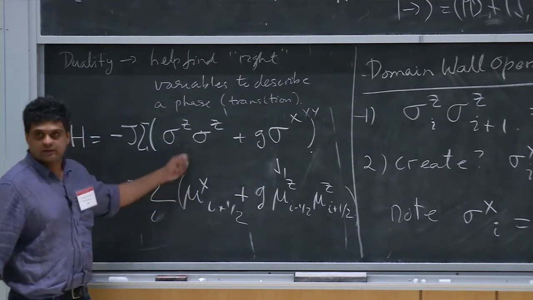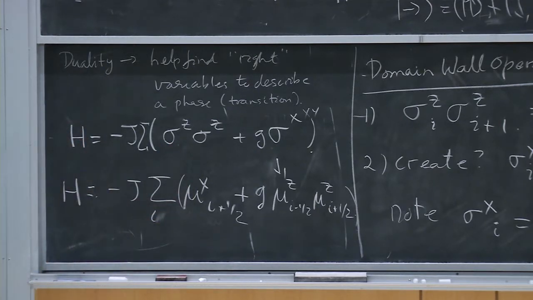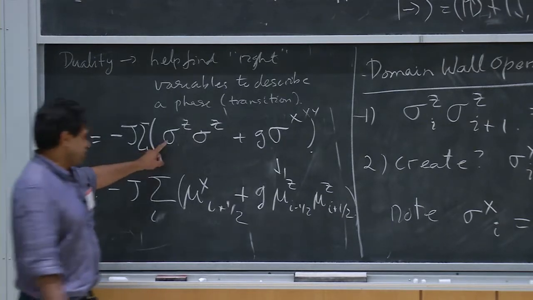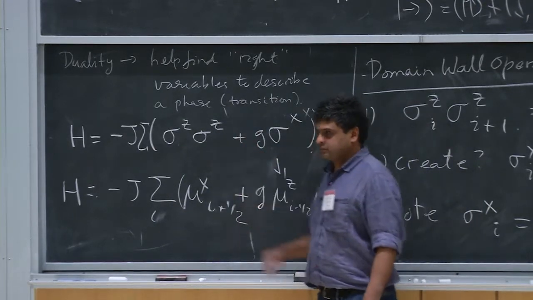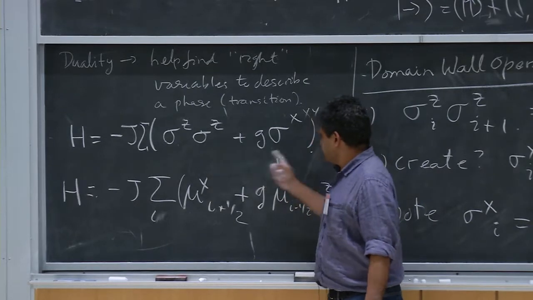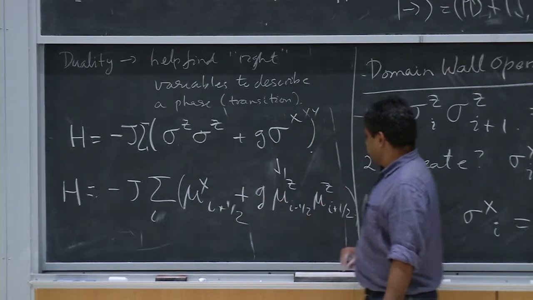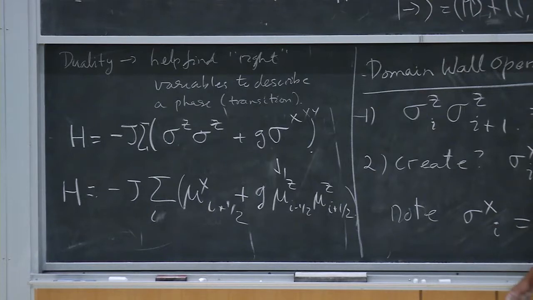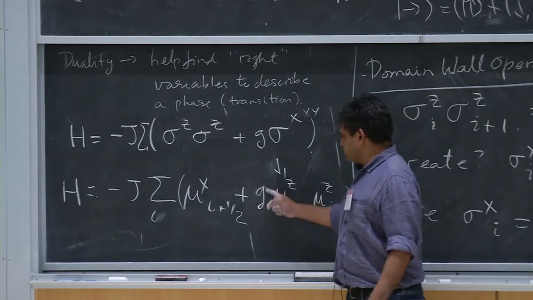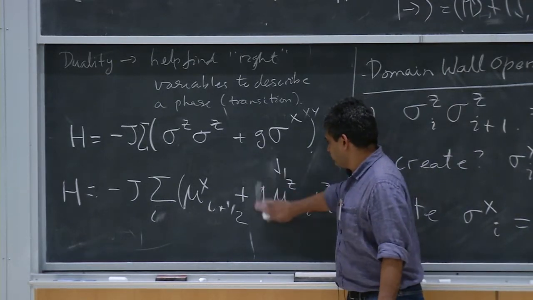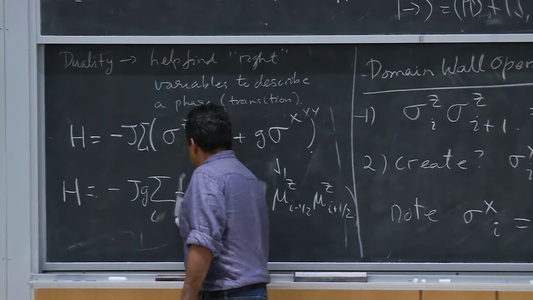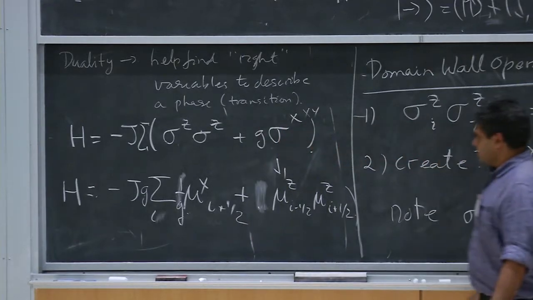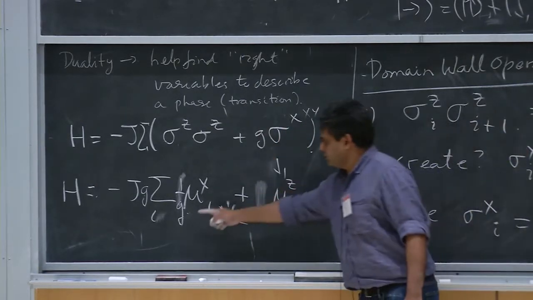And let's compare these two Hamiltonians. They have exactly the same form. I just traded sigma for mu, and the roles of these two terms flipped. So now this term is the measuring term, and this is the z term. If you like, I could take out this g. I said the overall strength is not important, and I can get a 1 over g over here. So basically g went to 1 over g,